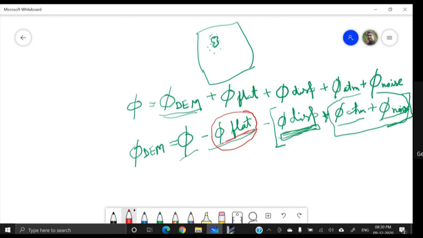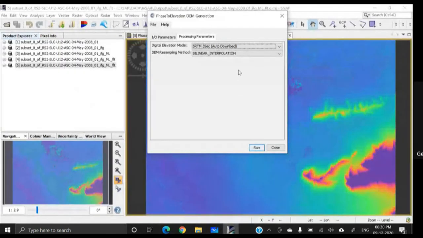The earth curvature value can be obtained from an existing DEM. But this DEM does not need to be of very high accuracy. But at least we should get the information about the earth curvature. So for this particular phase value, we need an existing DEM.